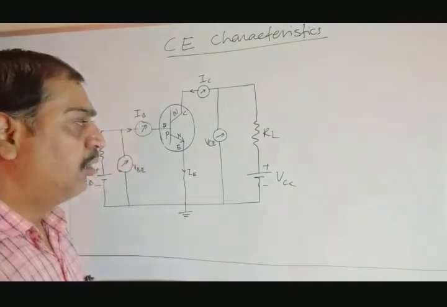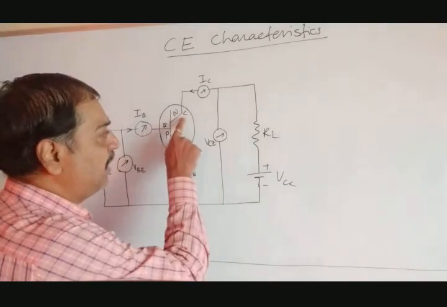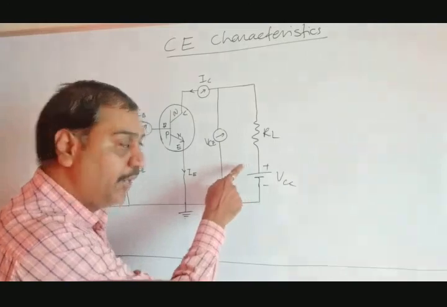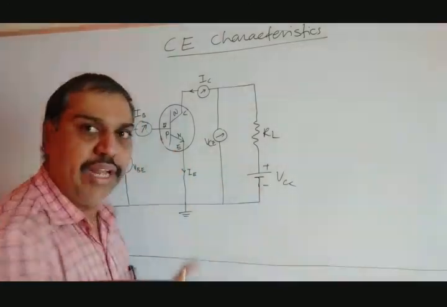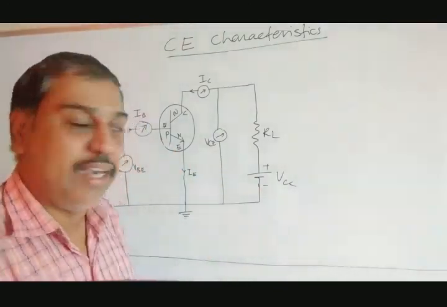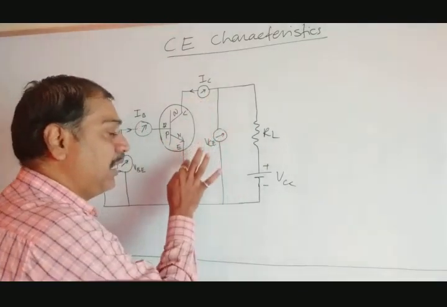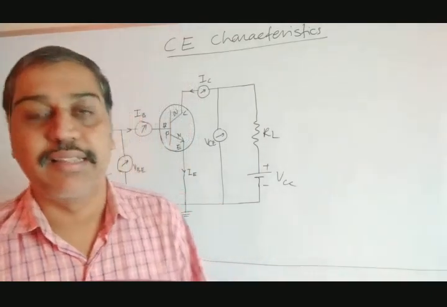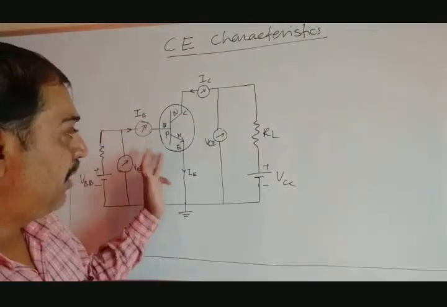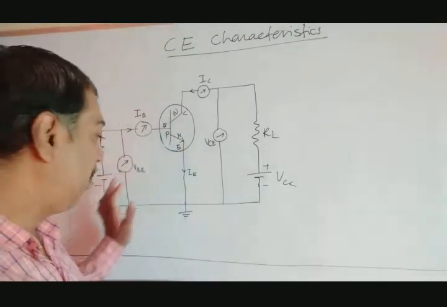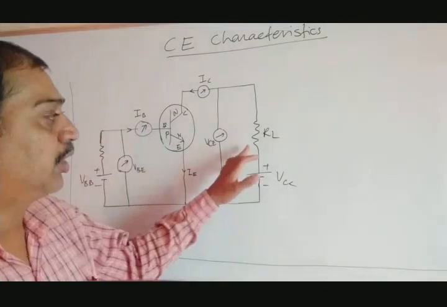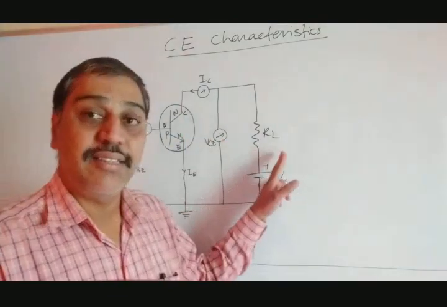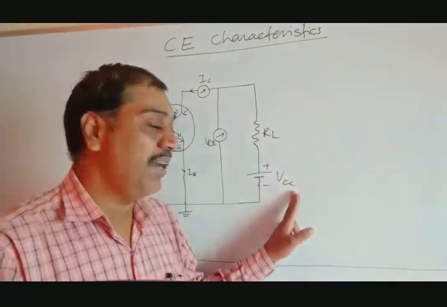Let's look at the output junction. This is the collector, it is N type, and it is connected to positive. The N semiconductor is connected to positive and the P semiconductor to negative. That means opposite polarities, so this collector-emitter junction is reverse biased. In this case, the input junction between emitter and base is forward biased because of the battery VBB, and the output junction between emitter and collector is reverse biased by the battery VCC.